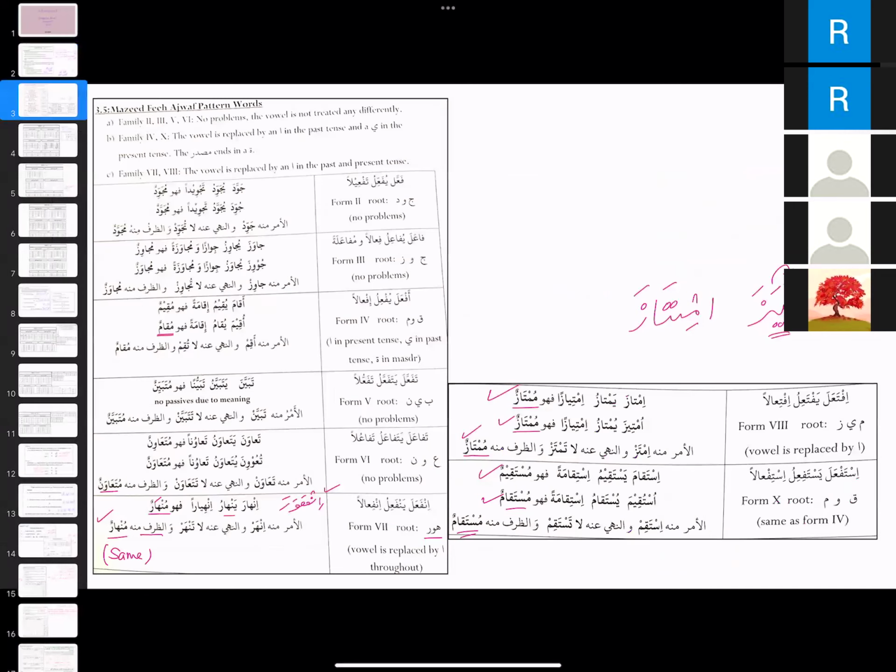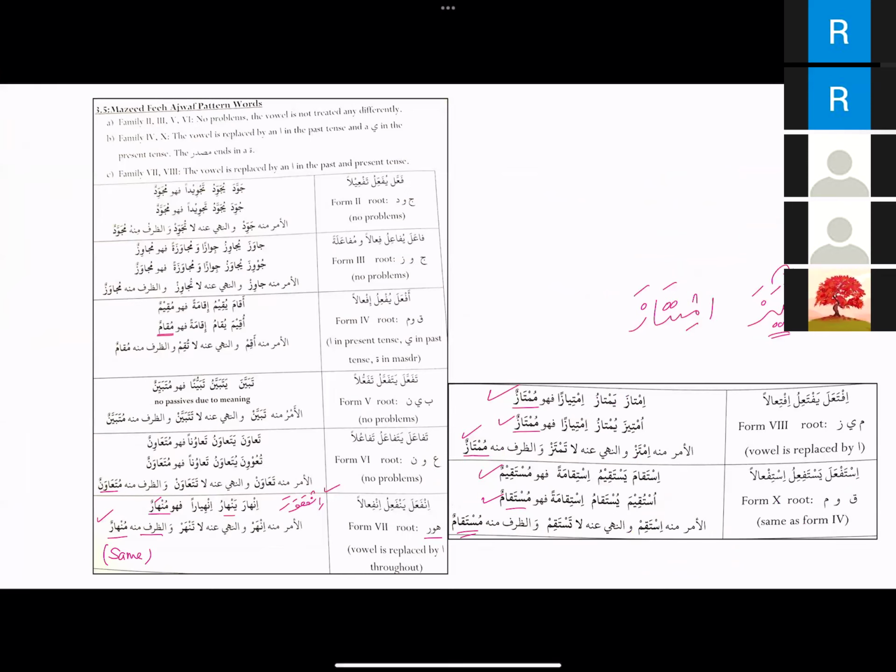Can anyone repeat or add anything to it? So what is Ajwaf, how are we going to recognize it, and what are the changes it is going to make? So Ajwaf is when the middle root letter is either waw or ya, and it actually does not take place in all the families except for a few. And when it takes place in the fi'l madi,